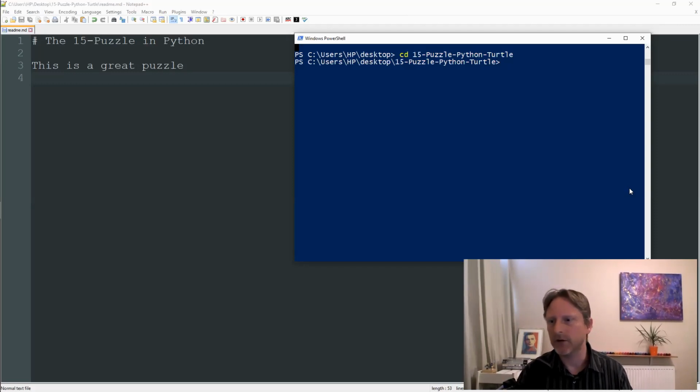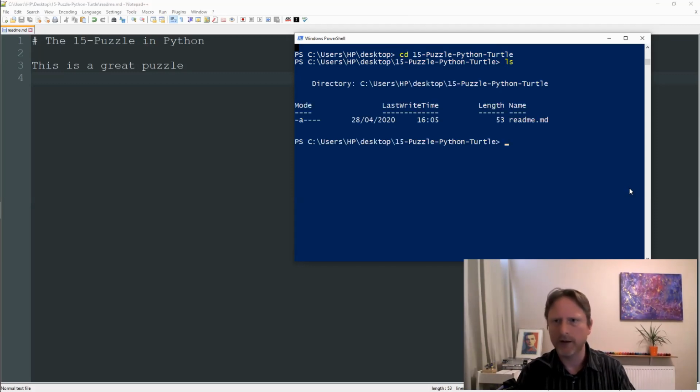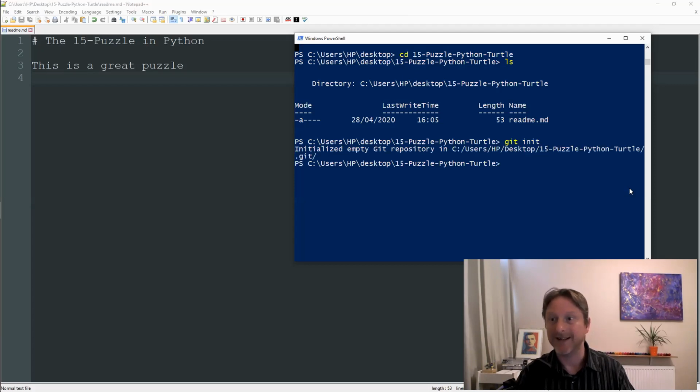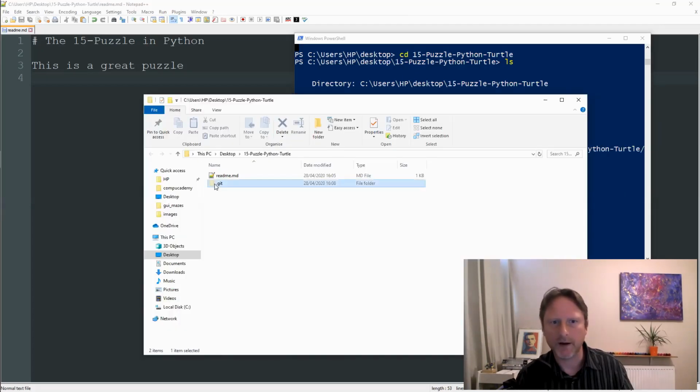Okay, so we're just inside a normal folder and it's got one file in it, called readme.md. Now, to make this into a Git repository, I do git init. That means initialize. So now there is a Git thing there, and you can actually look into that,